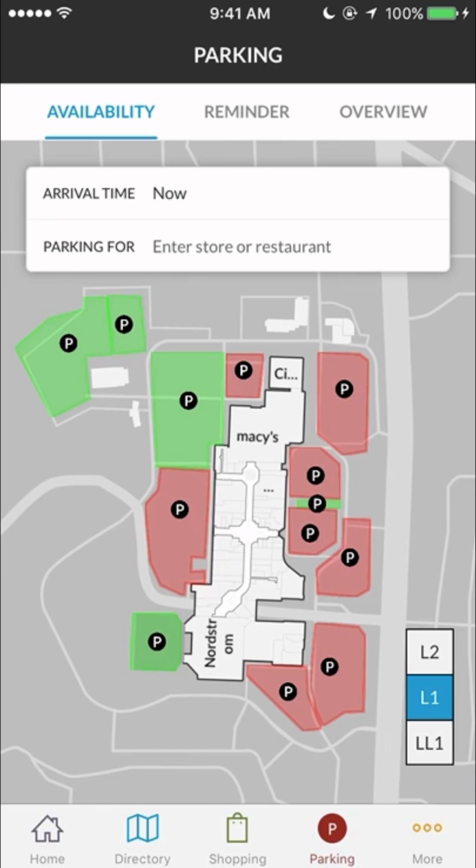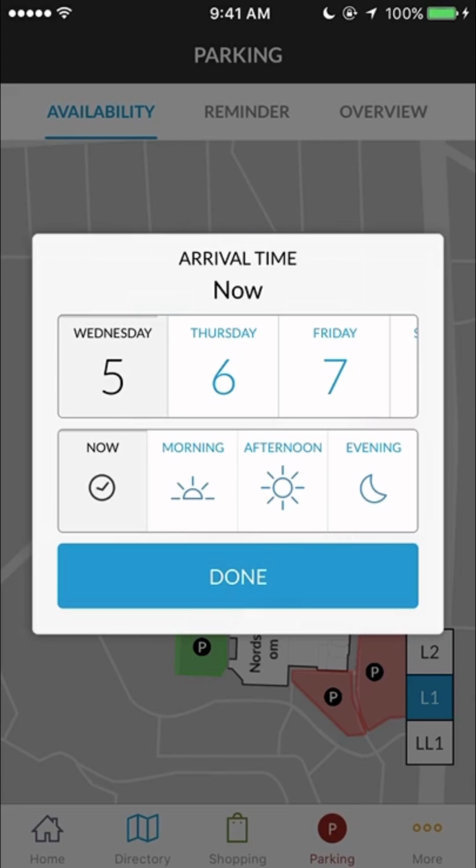As I look at the app, you can also tell parking availability based on arrival time. As you'll see in the top overlaying box on the screen, the arrival time is set to now. If we would like to select a different arrival time, simply tap on that portion of the box. By tapping on that portion, you see that we are currently selected to today's date, Wednesday, October 5th, the time